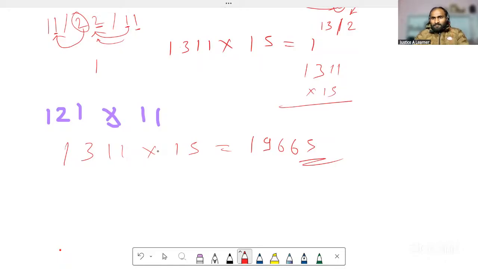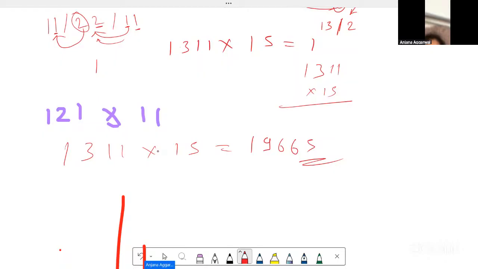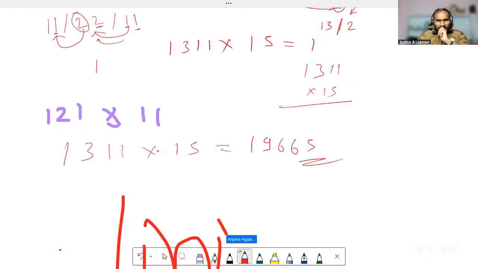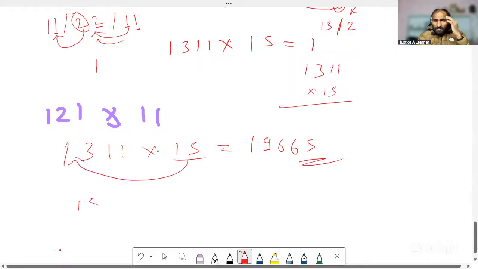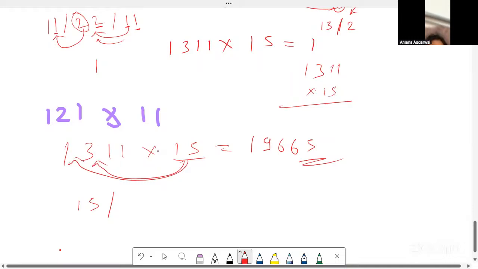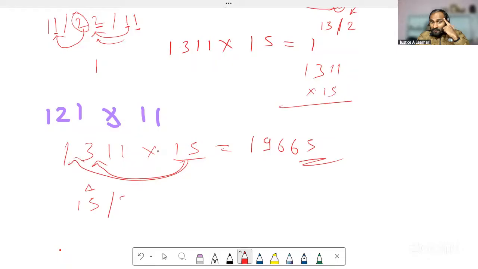Are you there? Yep, I don't get it. How much time did I take to solve this? I guess less than 1 minute, right? So my method is same. I would just multiply in this first. So this is 15. This is the function of my brain. And now I'm going a little advanced. I just want to check this method. Like 15 times 3 is 45. So I will give 4 to this and then 5 here. So this was what I was doing in my brain.